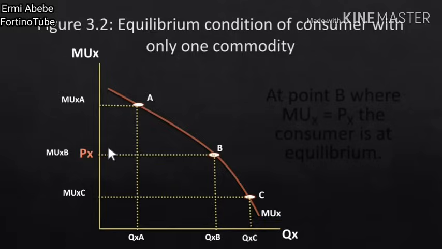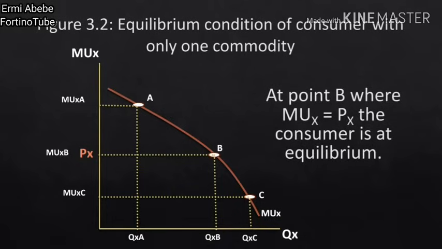ከፍለን የምናገኘው ደስታ ከከፈልነው ብር የሚያንስ ከሆነ are we rational to consume? ምንም ሪዝን የለም ኮንሱም ለማድረግ ምክንያቱም ከከፈልናት አንድ ብር በታች የሚሆን ደስታ ካገኘን we are not willing to consume ማለት ነው so consumption ማቆም ያለብን at point B ነው ማለት ነው at point B where marginal utility of X is equal to price of X ሲሆን the consumer is at its equilibrium ብለን እንወስናለን ማለት ነው ስለዚህ QXB ደግሞ it is an equilibrium quantity ነው ማለት ነው